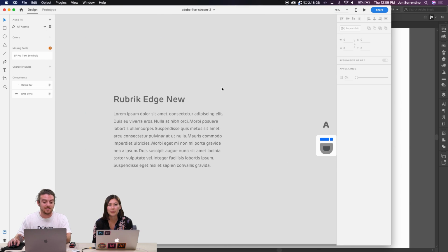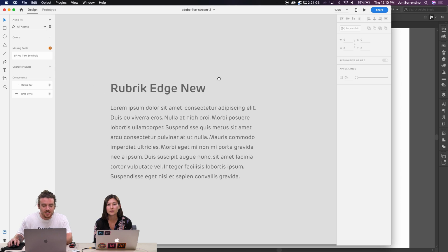I picked a typeface. I went onto the Adobe Fonts website and just looked through. You can actually go through your Creative Cloud. I wanted to pick something a little bit sleek, a sans serif, because when I think of Transformers, I don't think of a serif typeface. I didn't want something too geometric, but something sleek, a little bit sharp, that represented the Transformer changing shapes. So I picked Rubric Edge, and I think it's kind of neat.